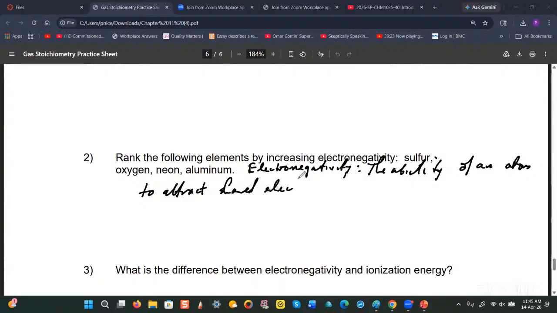All right? That's what electronegativity is. So if you have two atoms bonded to each other, the one that has a greater attraction for the electrons shared between them would be the more electronegative element, right? And there is a table